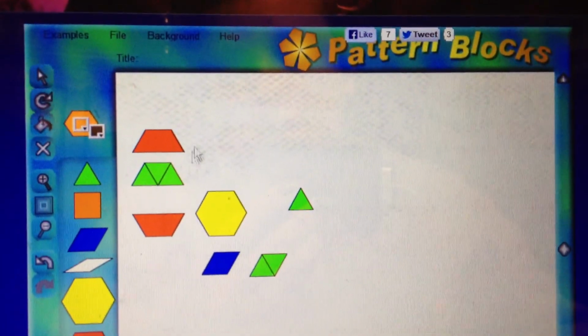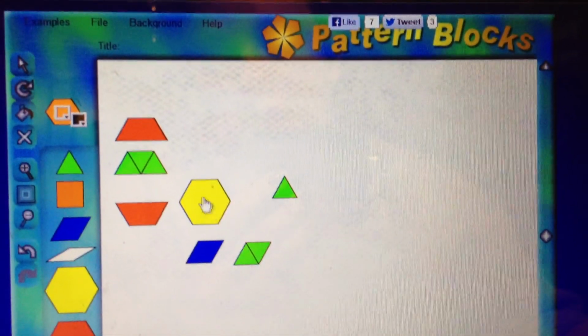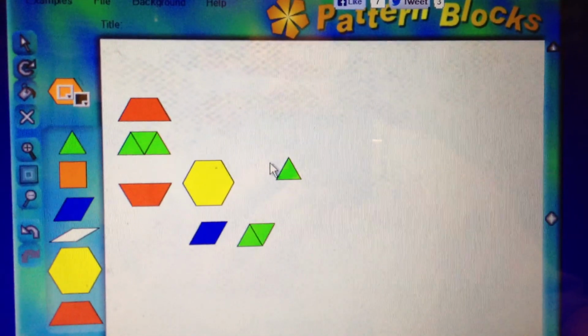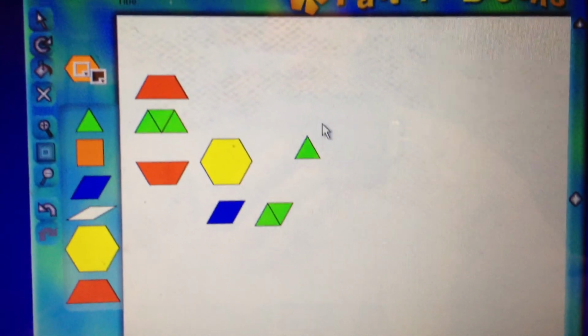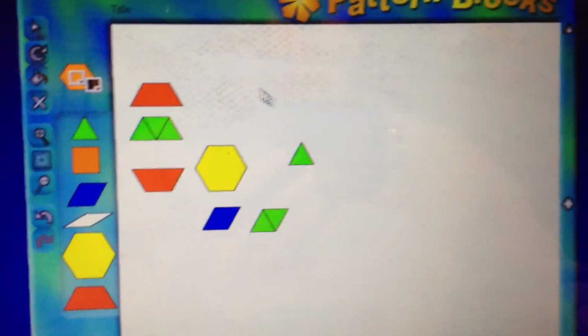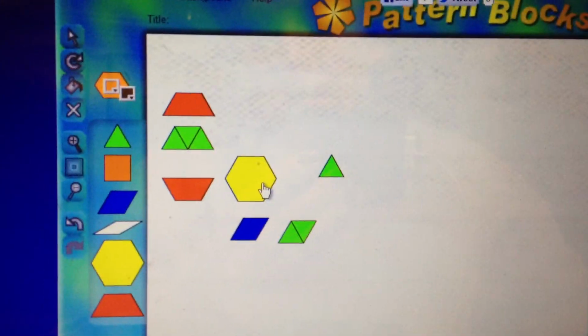So as you can see, this shows us how we can change the numbers of fractions by changing our whole. And that's what students need to understand. 1/2 of $1 is different from 1/2 of $100, and if we were to say 1/2 of $50, that would be a different number. So students need to be able to figure out the fractions,